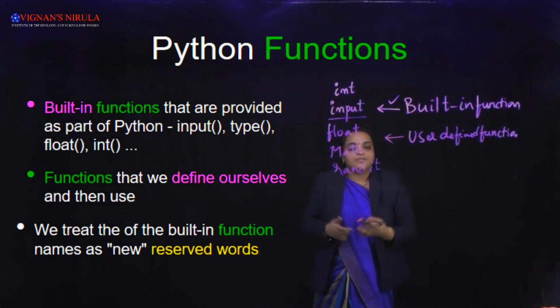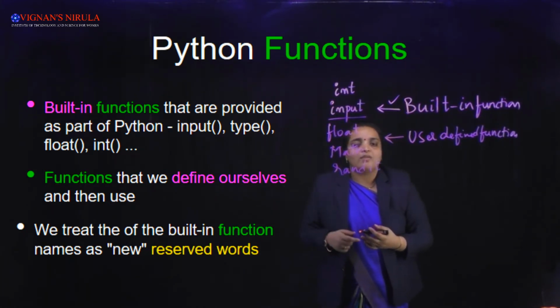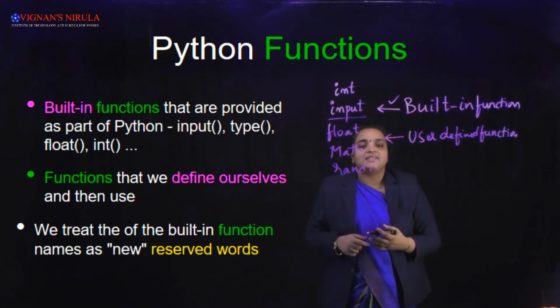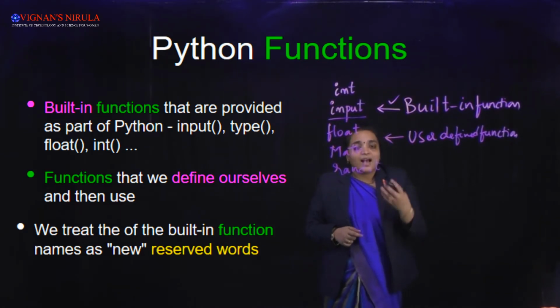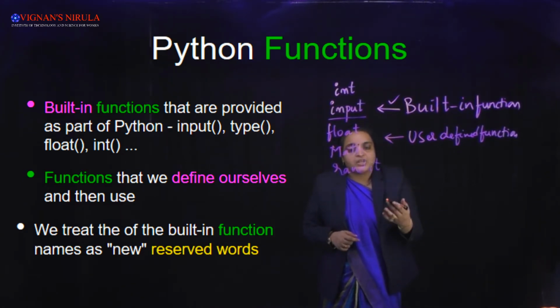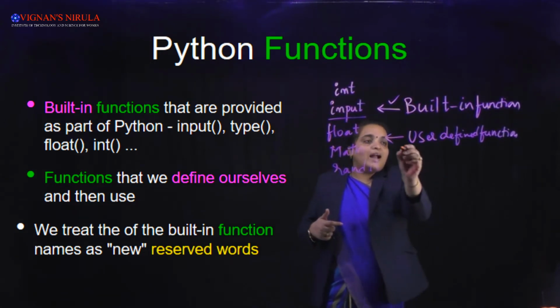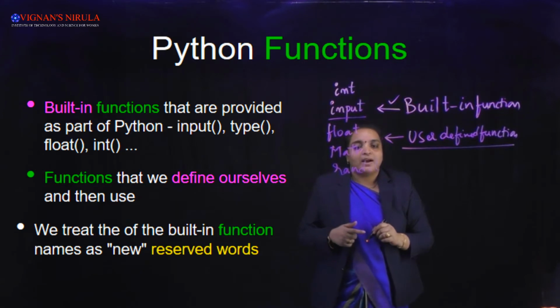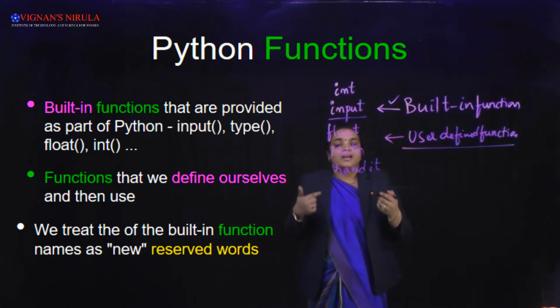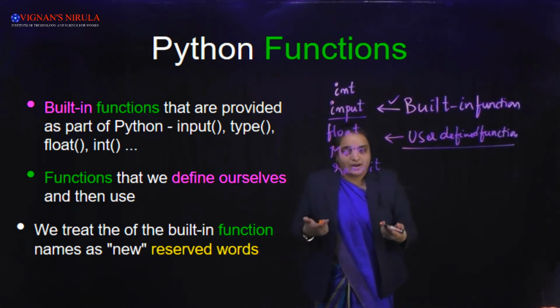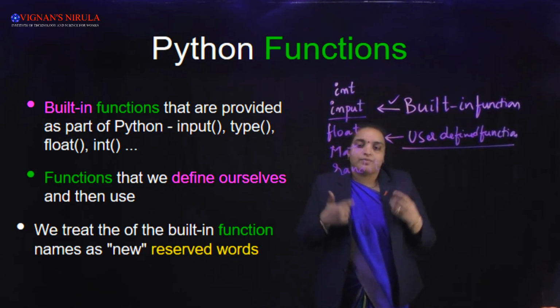Then coming to user-defined functions. What are user-defined functions? Just now we explained an example, the even odd program. In that you created your own function and you are reusing your own function. Is that clear? So a user-defined function is nothing but creating your own function by yourself. You call that type of function a user-defined function.